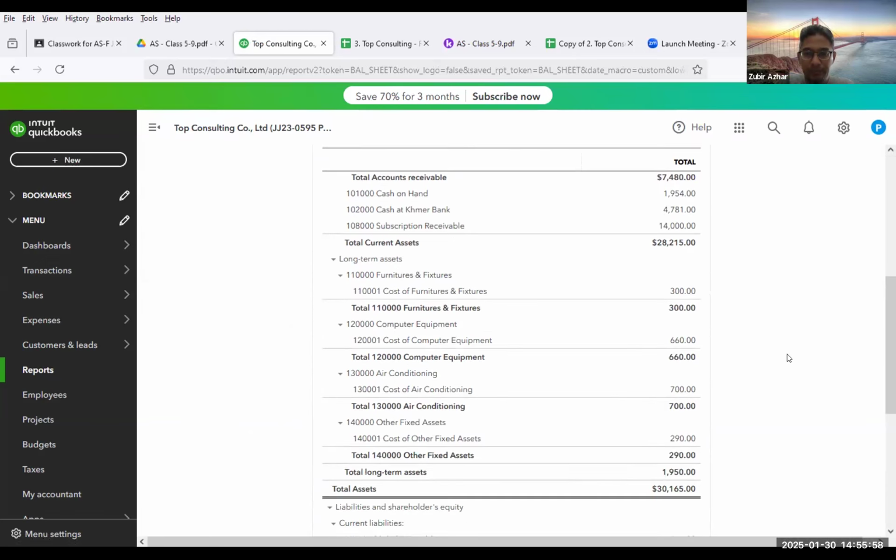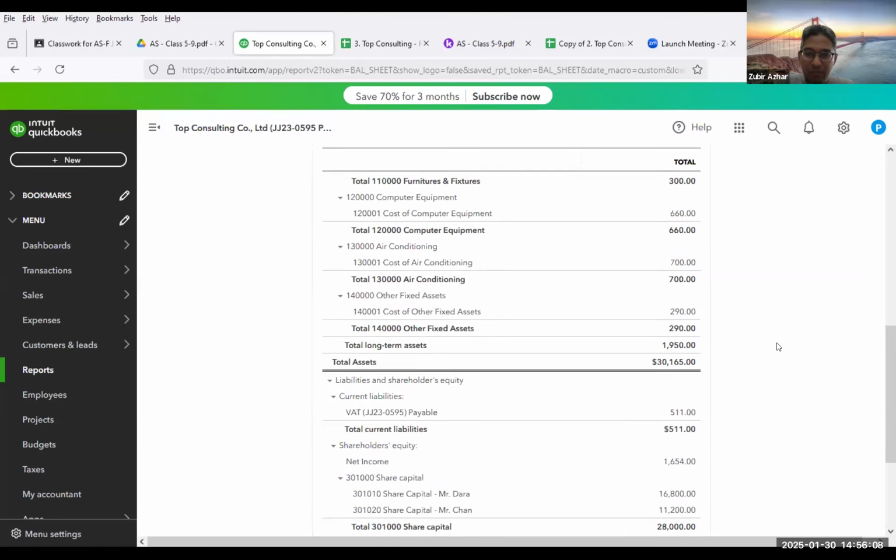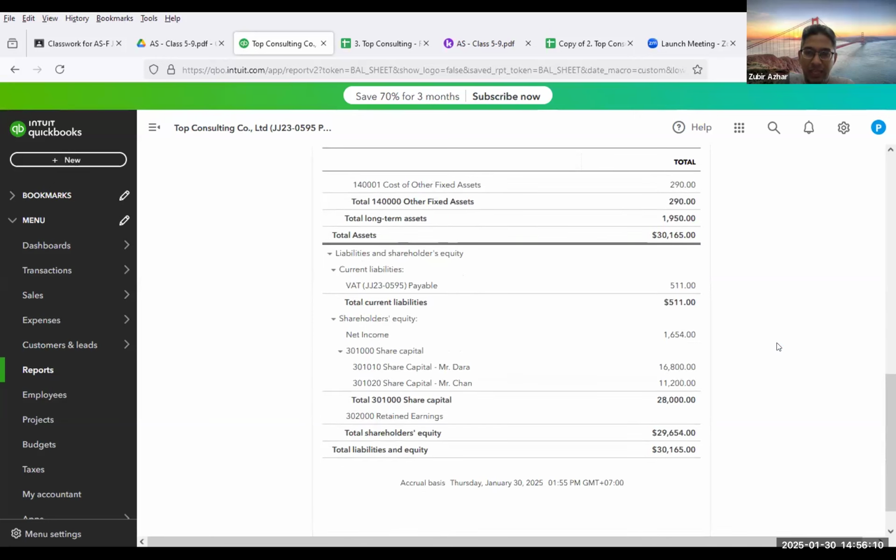Then you have total assets 30165. And scroll down further, you will have the same for your liability and equity, 30165. Is it the same like everybody's screen? Yes, all right, good.